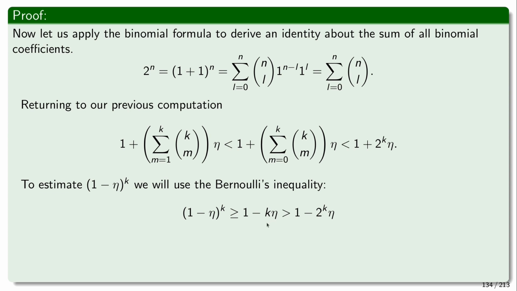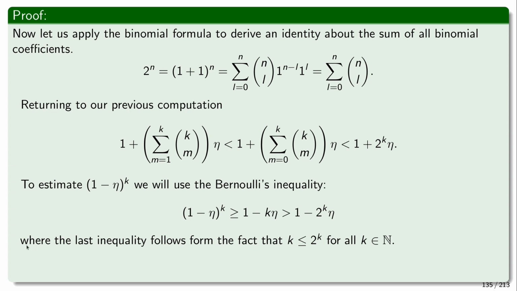And if we were to replace k by 2 to the power of k here, note that we're subtracting here. So here we are subtracting a bigger term. Therefore, this is smaller than this. Hopefully this is clear enough. So now we have another estimate, okay? I know what you're thinking, this may be negative, but we'll choose eta in an appropriate way, so this is positive and behaves exactly as we wish. But for now,